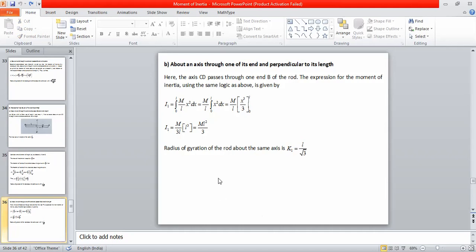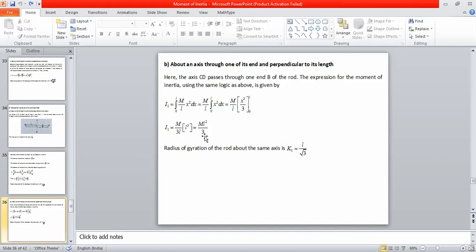Yes, sir. Okay. Now this integration, integral 0 to L of m by L into x square into dx. The rest is very trivial. M by L can be taken outside. Now the integration of x square dx from 0 to L: the integral of x square is x cube by 3. If you substitute the upper limit L, it becomes L cube divided by 3. If you substitute the lower limit 0, then minus 0, which is not necessary to include. So this becomes m L cube by 3, and there is already one L in the denominator, so this becomes m L square divided by 3.